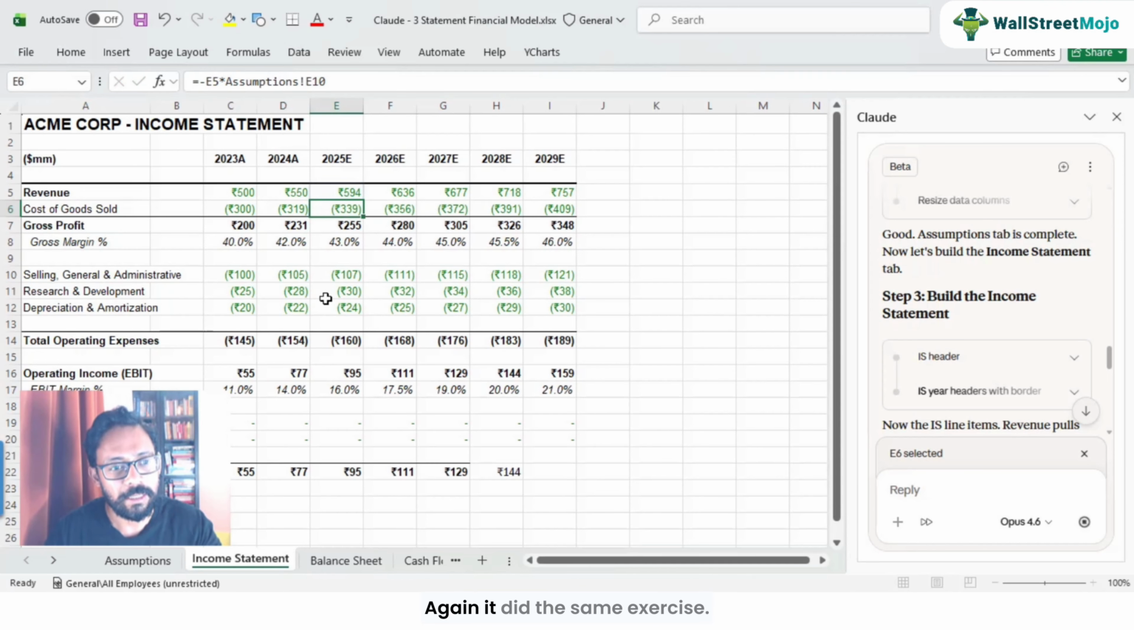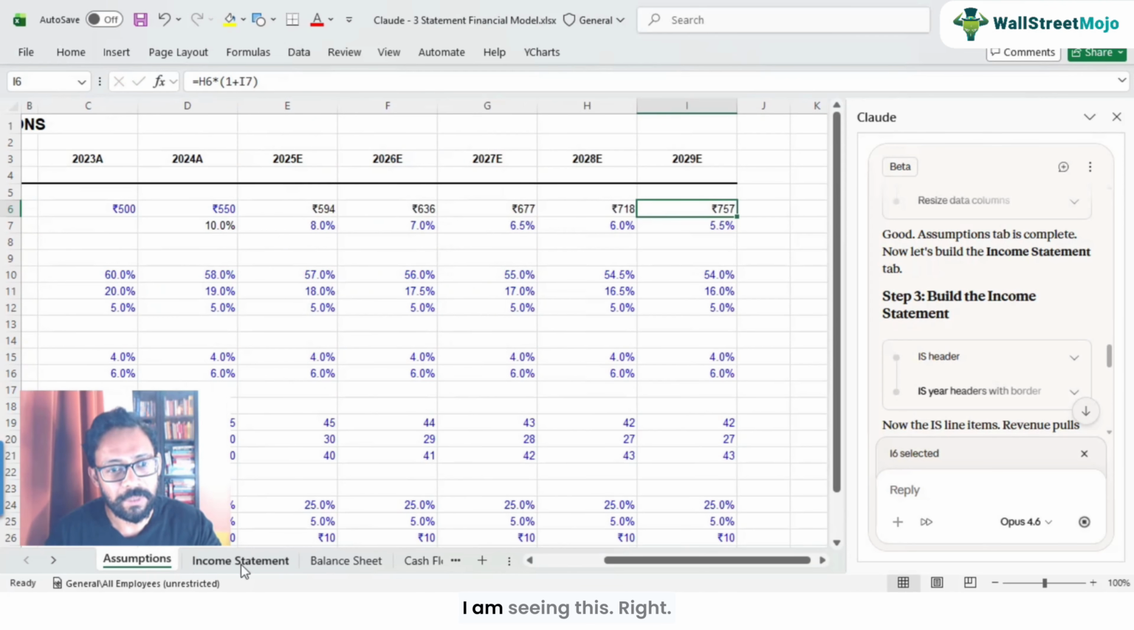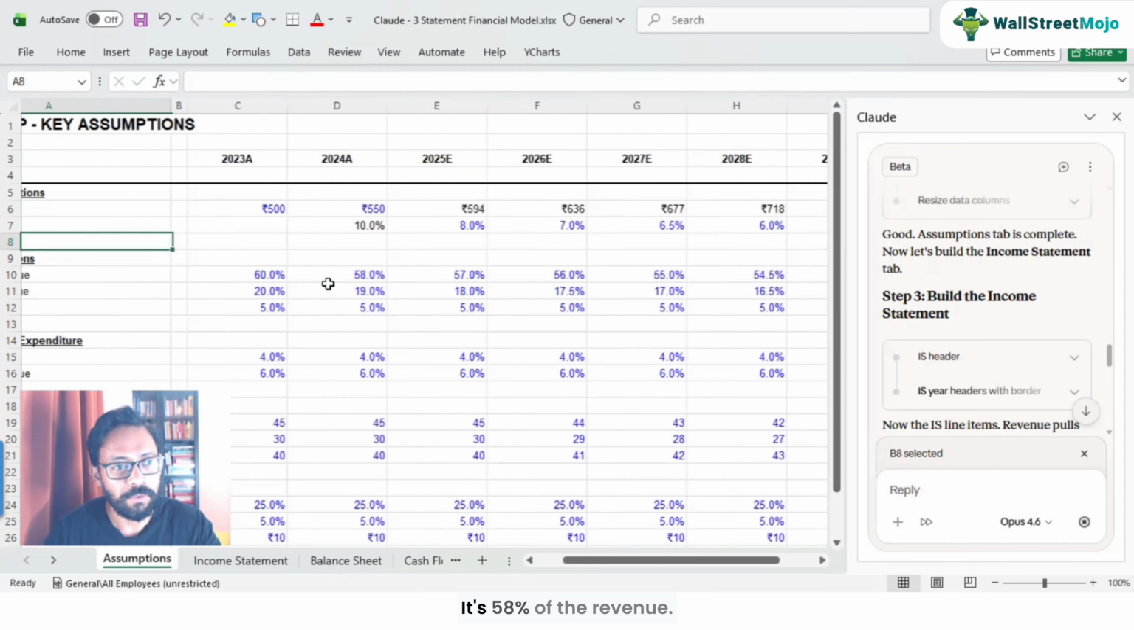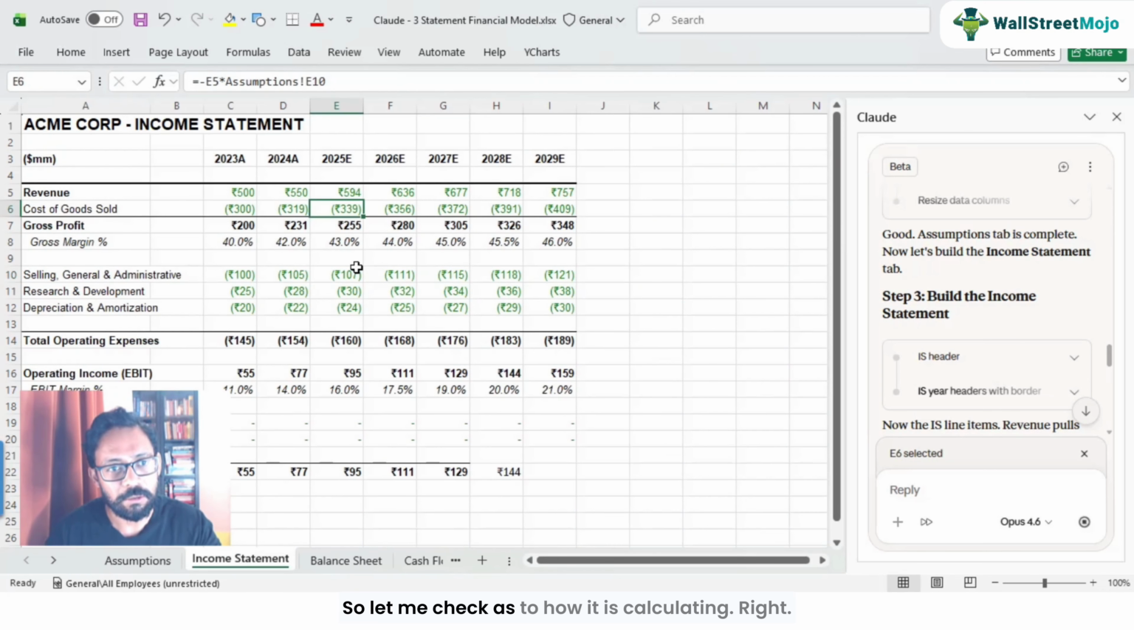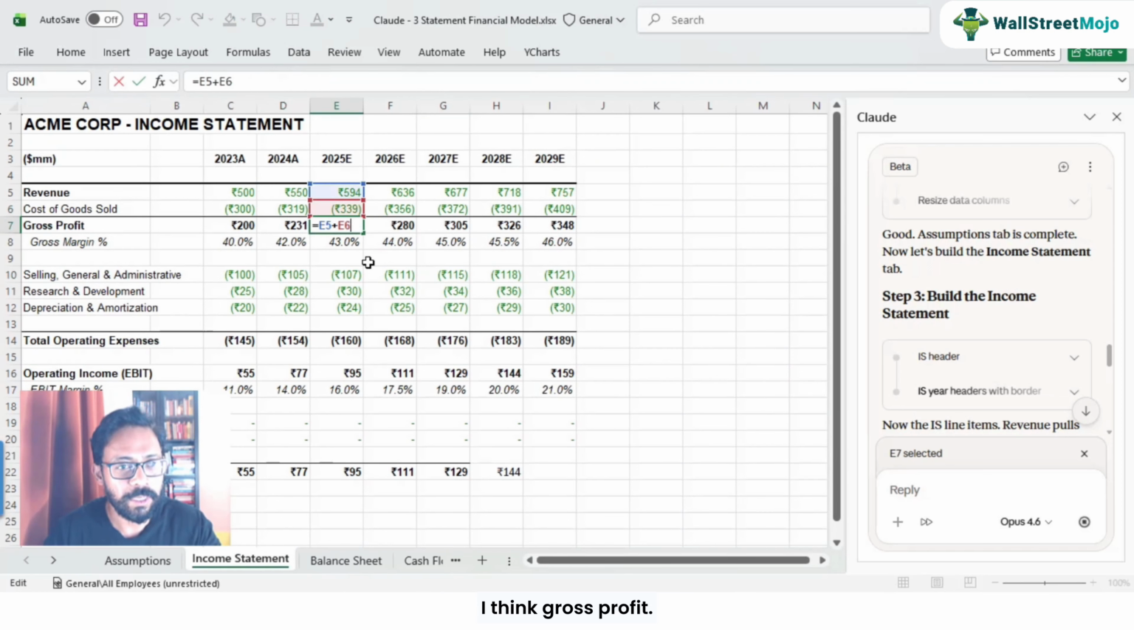Cost of goods sold, again, it did the same exercise. I am seeing this, it's 58% of the revenue. So let me check how it is calculating. So it is 58% of the revenues. Okay, I think the gross profit margin is kind of